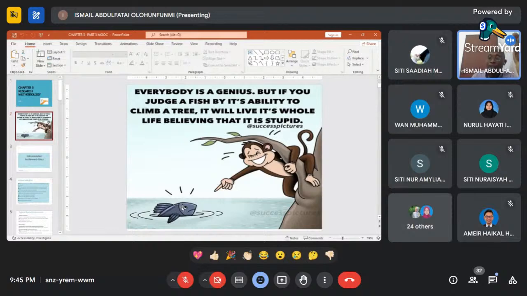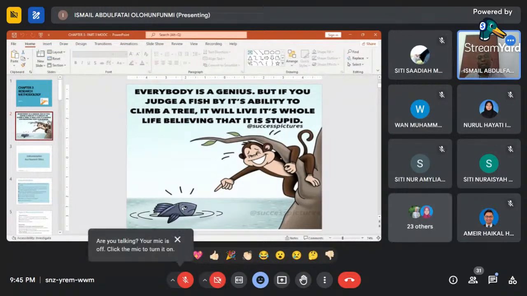Some can run very well, some can play football very well, some can sing very well, some can remember things very well, some can use their hands to create something, some are creative. All these things are gifts from God, so you should not kill yourself because you don't perform well in a particular area. That does not mean that you are a fool. So that's why I bring this out. You need to be happy with yourself